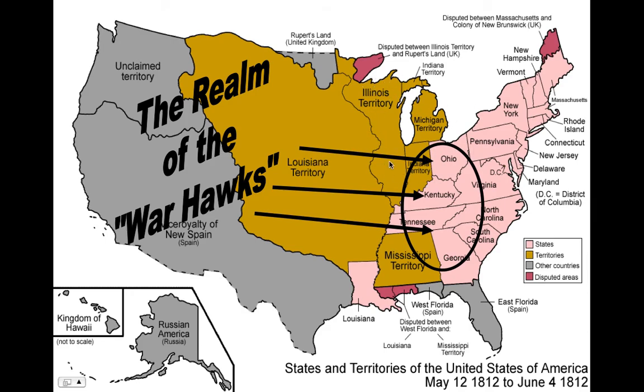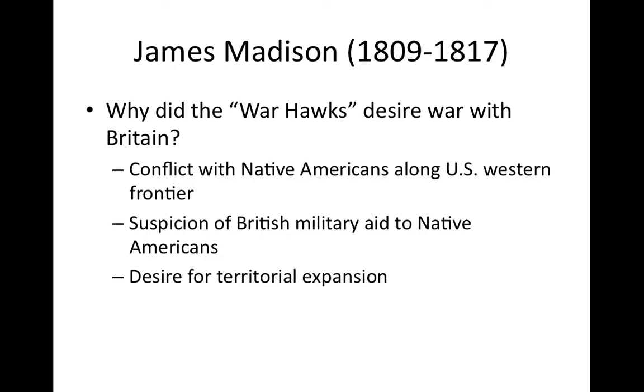One of the things that the British are doing is they're trying to destabilize the United States by reportedly supplying Native Americans with aid, both food, and money, and weapons, so that Native Americans along the western frontier can continue to resist European Americans' efforts to settle in the West,